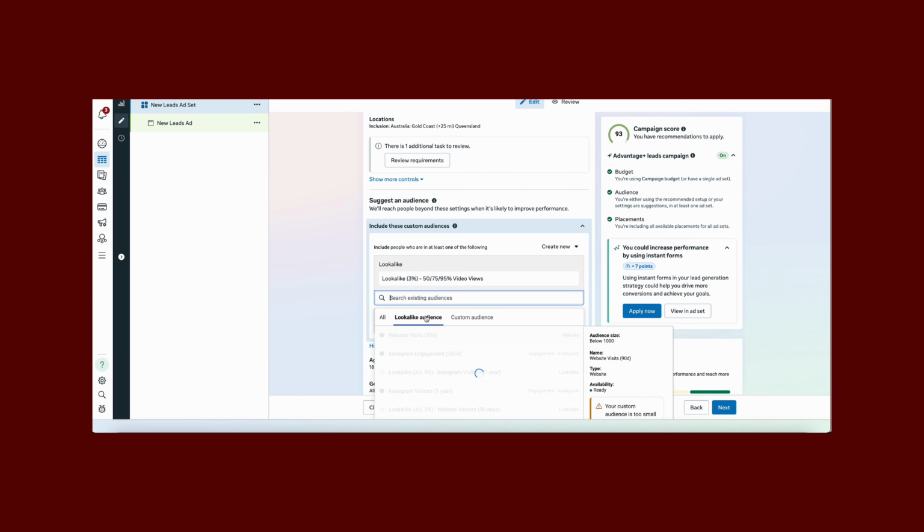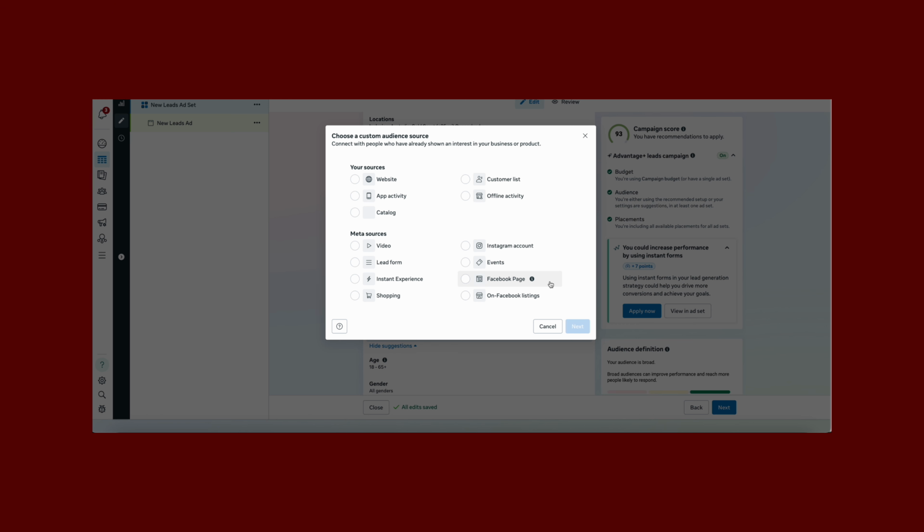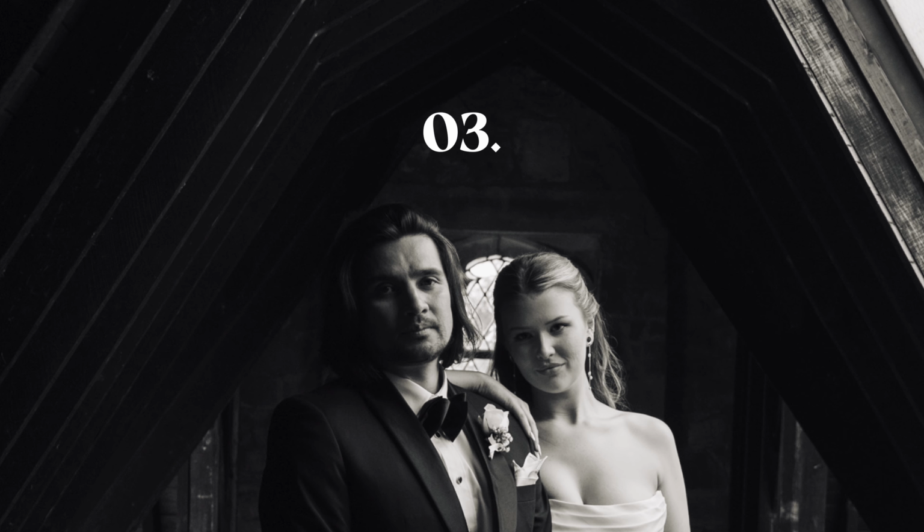Now, under the Ads Manager, you have so many options for targeting and retargeting. You can target website visitors, profile visitors, video viewers, past leads, lookalikes of couples who inquired before, lookalikes of past couples. So many options. Taking me to my third main difference, which is the creative.